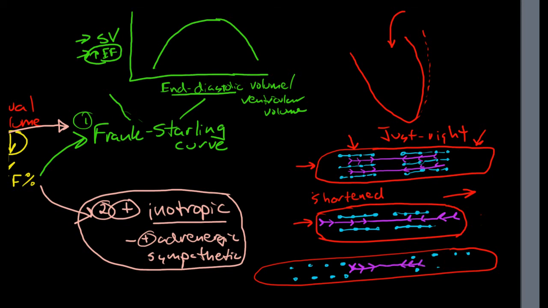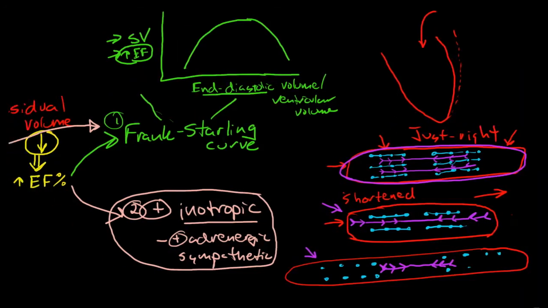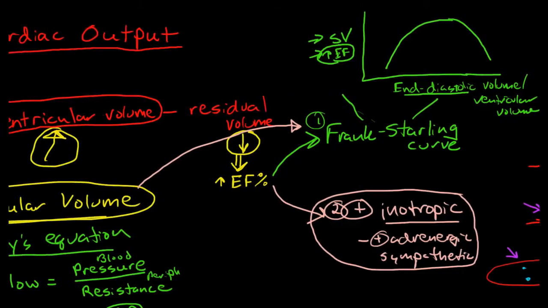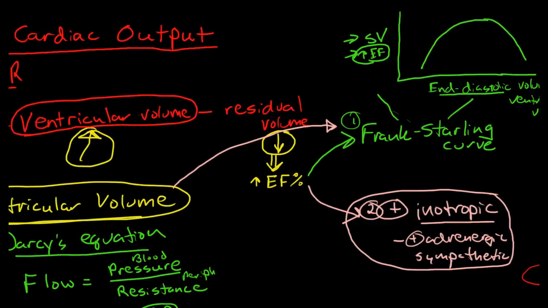Okay, so generally, the more the heart stretches, the stronger the contraction, because these muscle fibers are perfectly aligned, and when they're too short, they're not well aligned. But if they overstretch, the ejection fraction starts to go down again. Okay, so that discusses the factors that affect residual volume: the stretch and increased inotropic